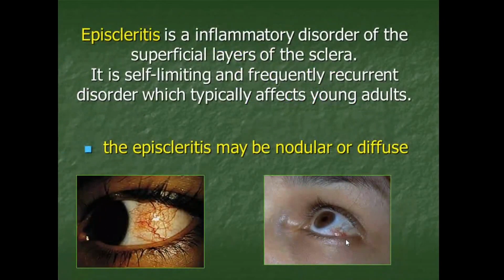So we have already finished with the inflammatory diseases of the cornea. We have already discussed the most important corneal inflammatory diseases. You can also read more deeply in your textbooks, and we go further and discuss the inflammatory diseases of the sclera. Here is the cornea, yeah? And here the white structure is the sclera.